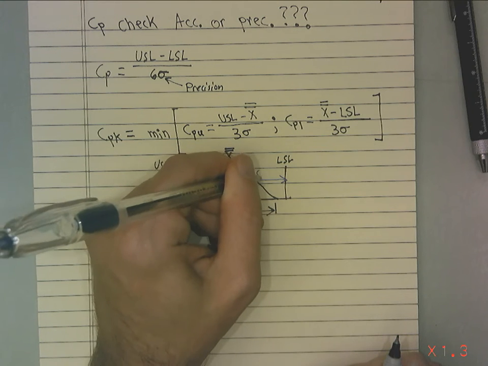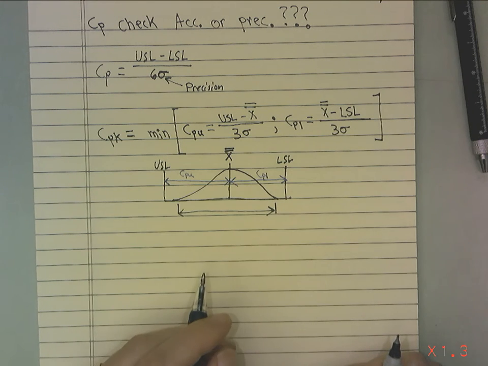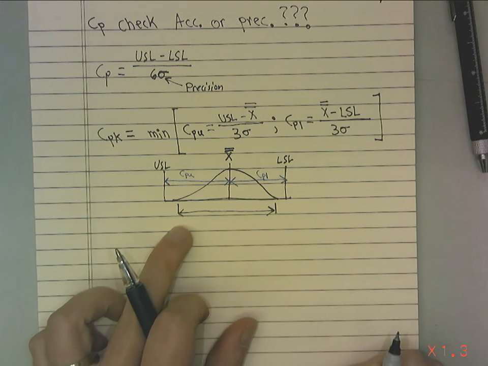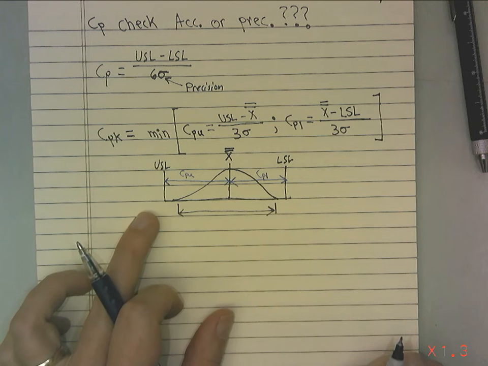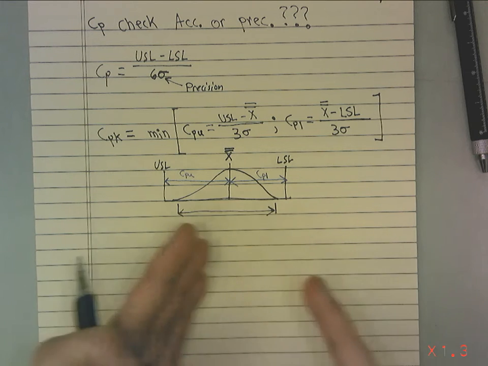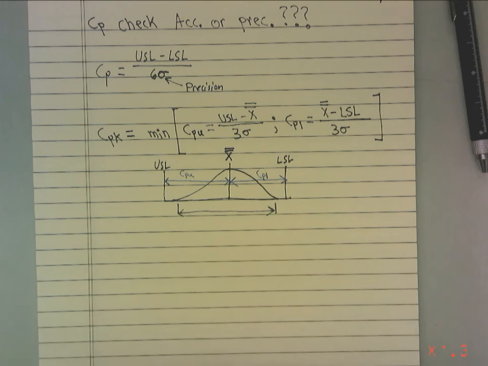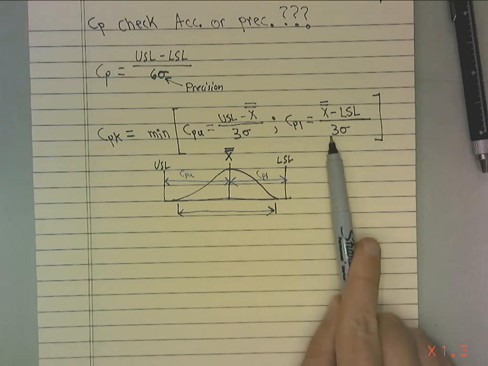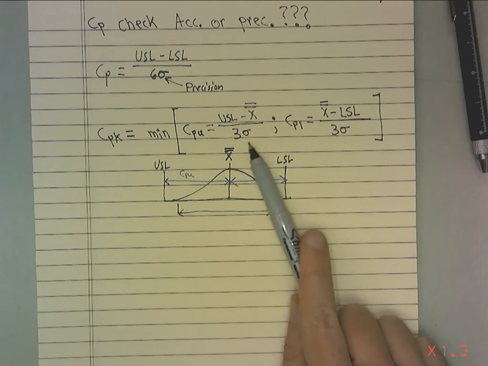This check is going to be for CPL, whereas the whole range is for CP. We're just breaking it into the two halves. Okay, so what we're going to do is we're going to do both of these calculations, and then we're going